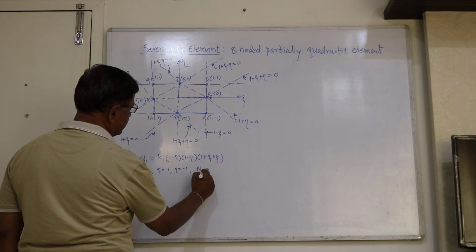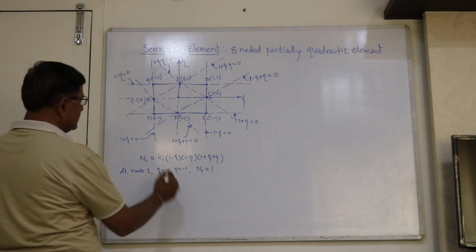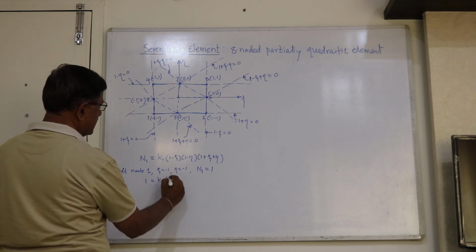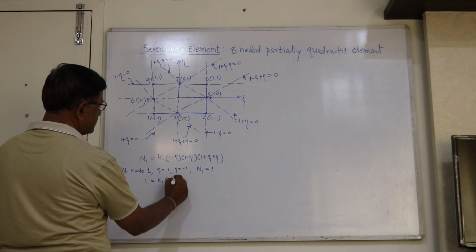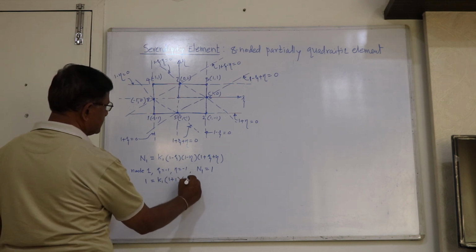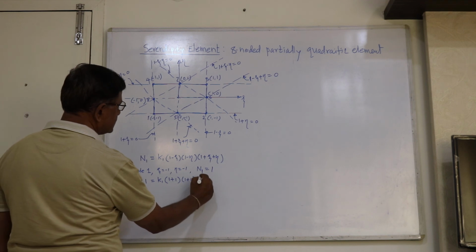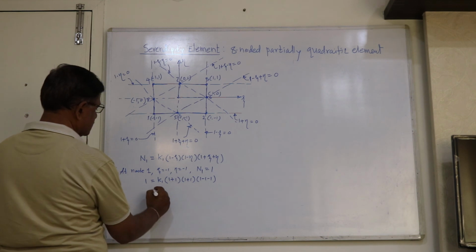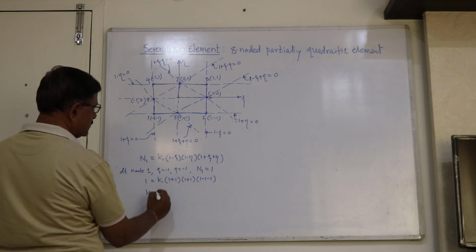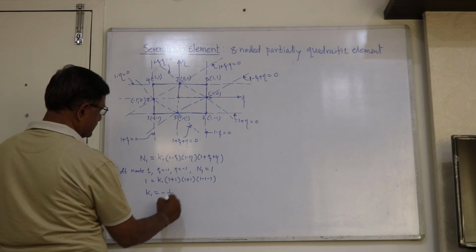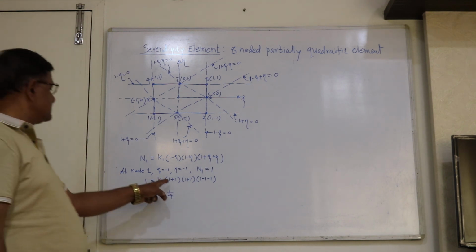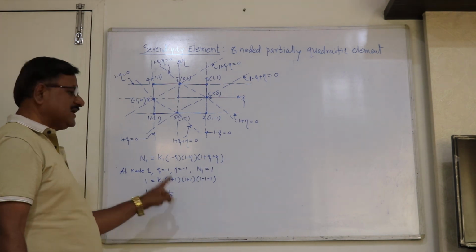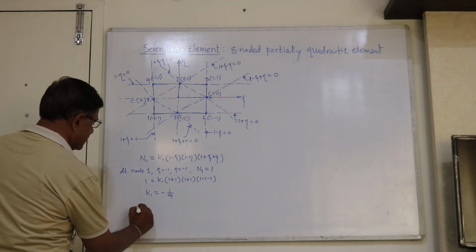That is the property of shape function. Now if we substitute this, 1 equals k1 into bracket (1 plus 1), (1 plus 1), and this is (1 minus 1 minus 1). So this gives us k1 equal to minus 1 by 4, because this is 2 into 2, 4, and what is left is minus 1, so minus 1 by 4. Therefore N1